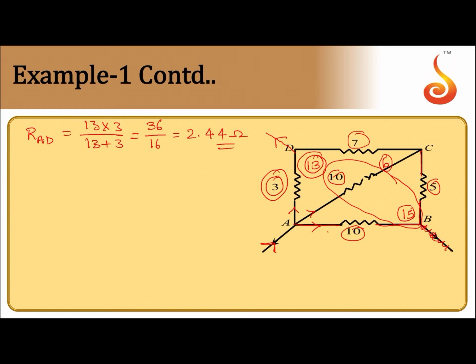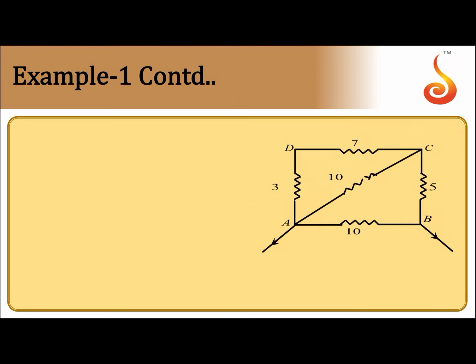Third case is you need to find equivalent resistance between A and C. So, for A and C, connect this to battery. Let us say it enters from A and leaves at C. So, now again current splits into 3 parts. One directly goes from A to C through this 10 ohm. Then it goes from A to D, D to C. In this way, 3 plus 7, that is in series, so it is 10 ohm. Then another current goes via B to C, this resistance is 15.